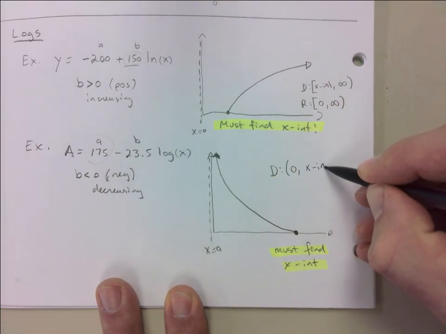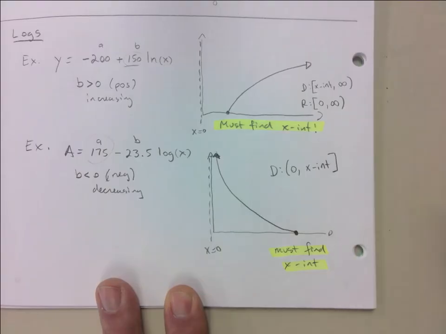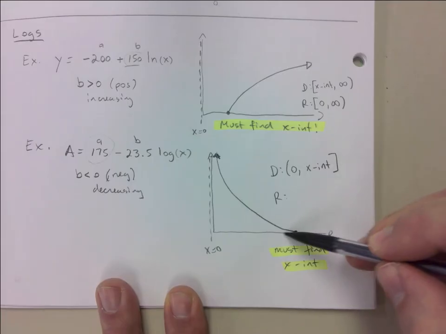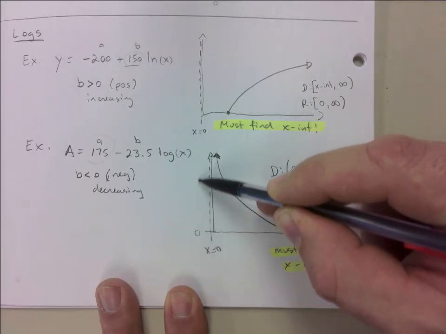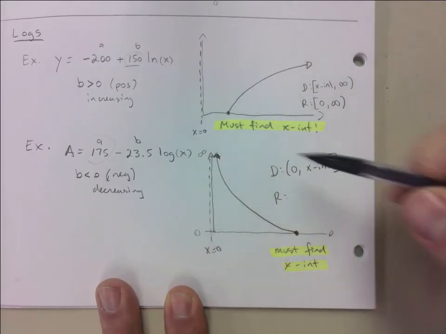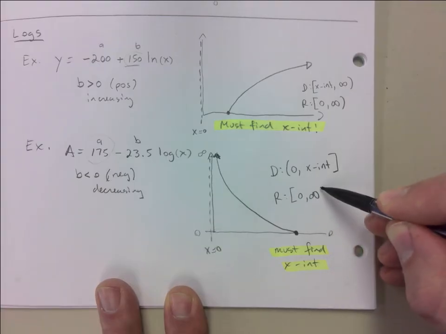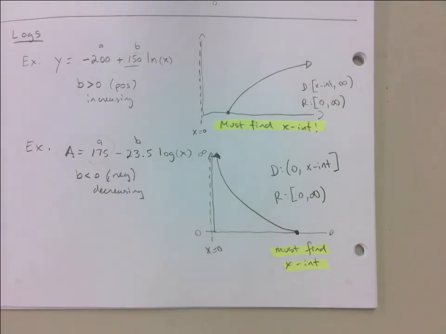So I'm just going to go x-intercept like this. And for range, it goes from 0, like your lowest y value is 0, all the way to infinity, right? So it's 0 to infinity is your range in this case. That's all I'm going to say. I just wanted to have one more